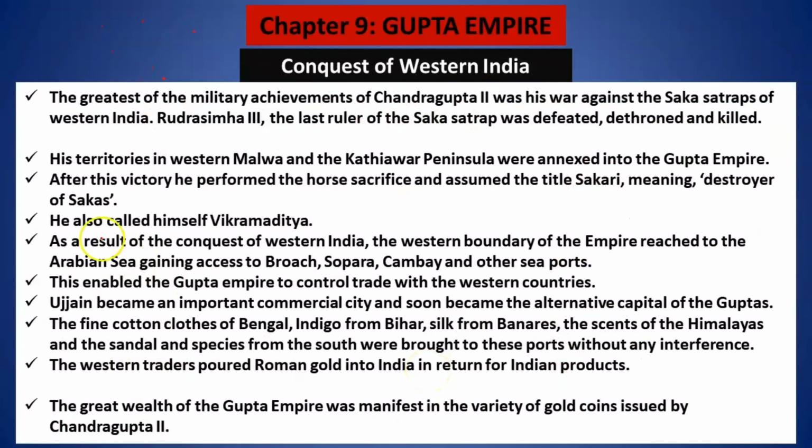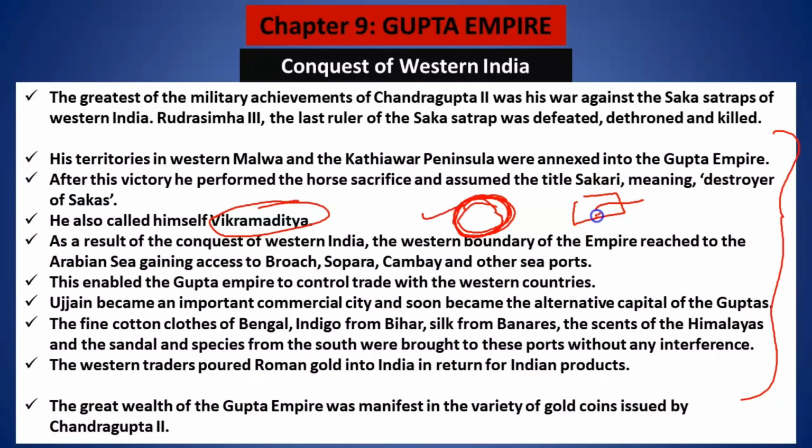All right. Now, this is mentioned about his conquest of Western India. This is not very important to know. But what is important to understand from here is that he started calling himself Vikramaditya. So if a question anywhere asks you about that, write a brief paragraph about Vikramaditya, or if it comes in the preliminary examination, you have to mention that Vikramaditya was none other than Chandragupta II.